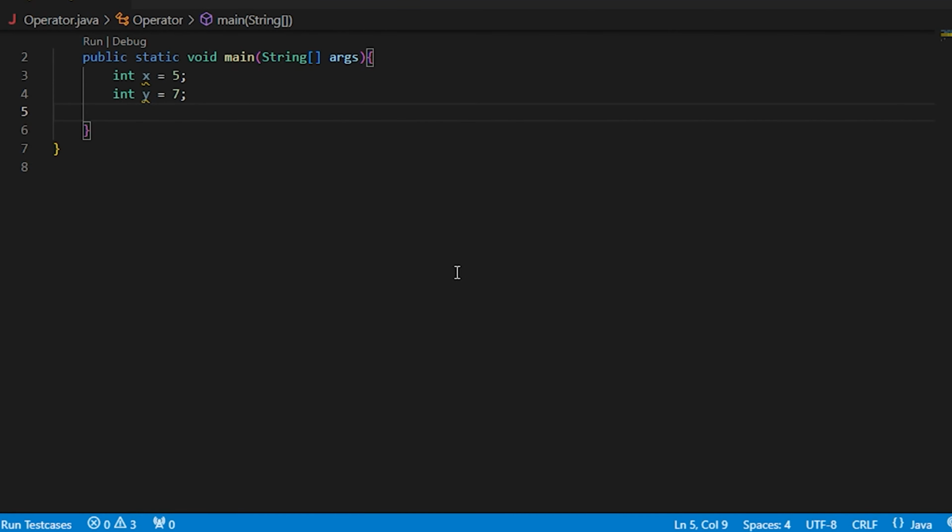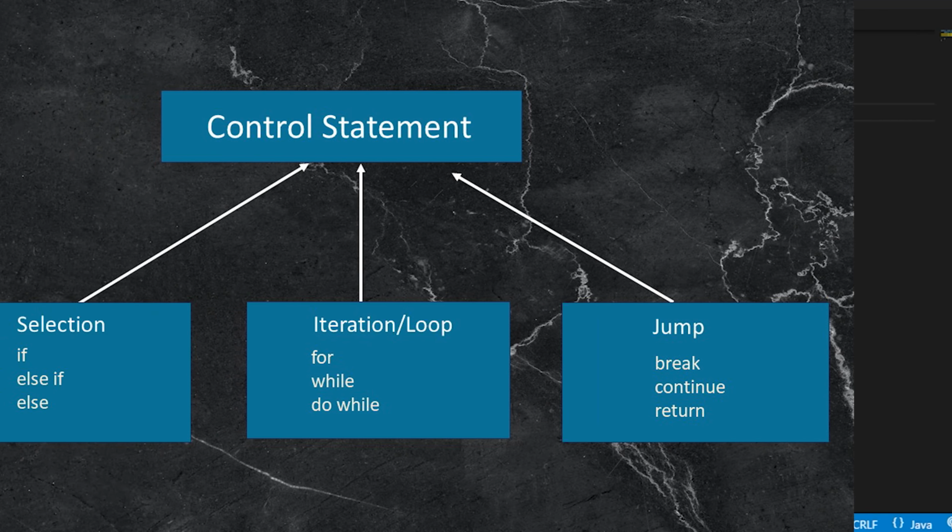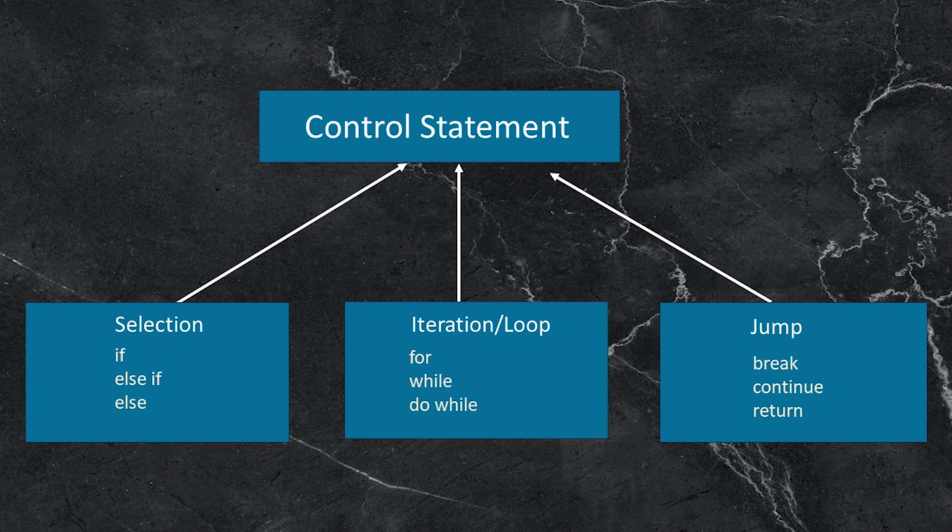In this video, we will talk about control statements. There are three types of control statement. One is selection statement, another is iteration or looping statement, and another is jump statement. In this video, we will talk about the selection statement, and inside that selection type, we will especially talk about